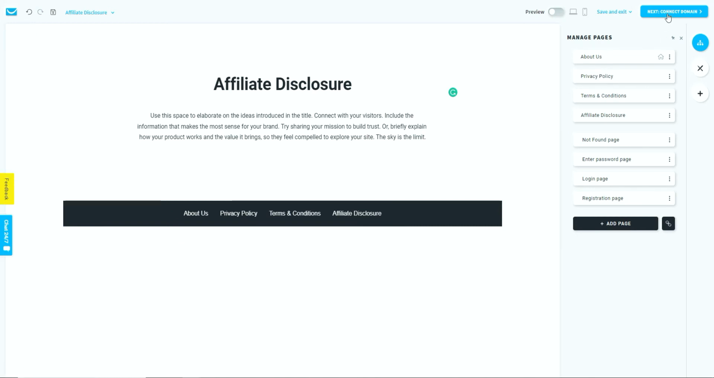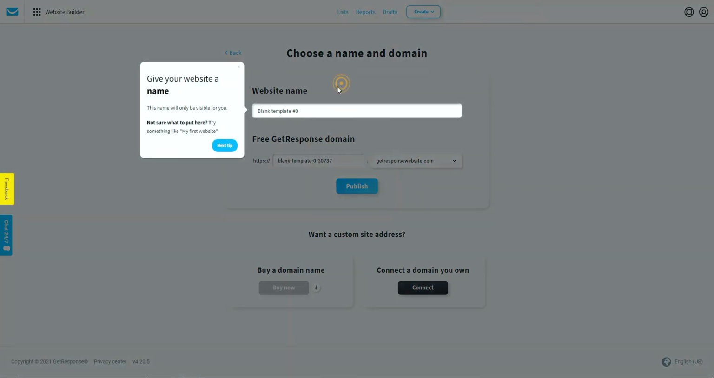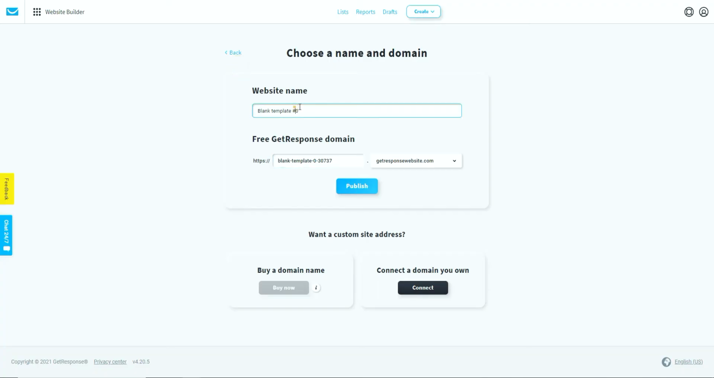So we've got our pages, about us, privacy policy, terms and conditions, and our affiliate disclosure. We next need to connect a domain. So if we click next, we're taken to this next page. So you can see this comes up with tips as you're going through it. So we want to create a website name. Now this can be your business name or your domain name if you have your own domain name. So your business, just for the example, just for this video,